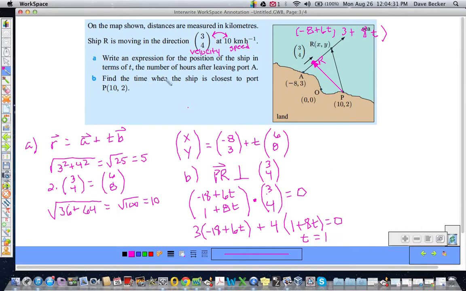Okay? Back to the question. Find the time when. We don't have to find the coordinates, just when. And this is the time. It is in hours, which we've already been told. So the answer would be 1 hour after leaving the port. If we had to find these coordinates right here, we would just replace the t in the vector PR. Okay,